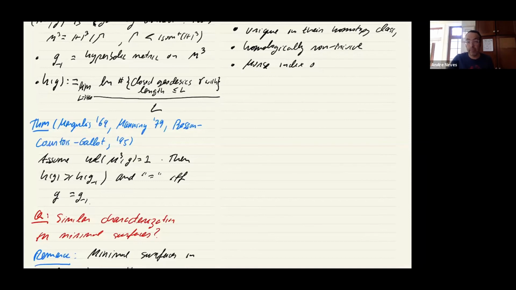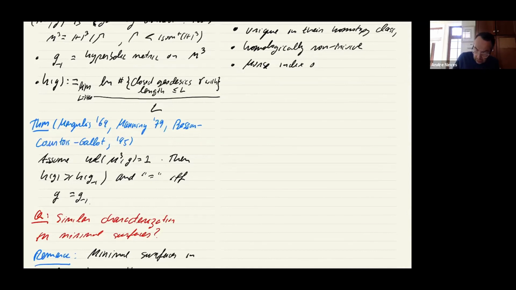So there are known examples of minimal surfaces satisfying either of these three things. So there are more minimal surfaces than geodesics. So if you want to get this rigidity result, it's important that we find a suitable class of minimal surfaces to work with. And so that's what I'm going to do now: tell you, among all minimal surfaces, what is the class of minimal surfaces I am considering.